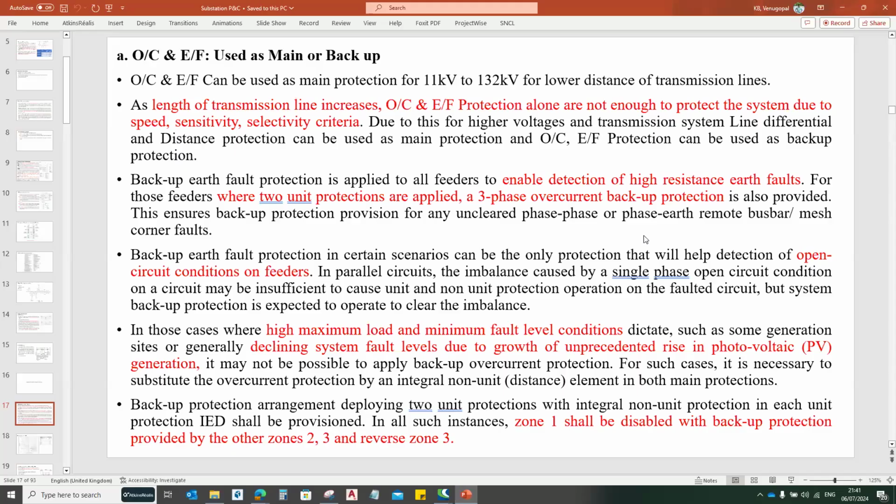Backup protection arrangement deploys in two unit protections, with the integral non-unit protection in each unit protected IED. In all instances, zone 1 shall be disabled, with the backup protection provided by other zones: zone 2, zone 3 and reverse zones. So it means that